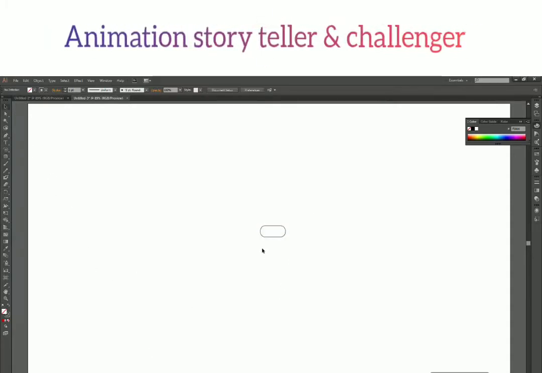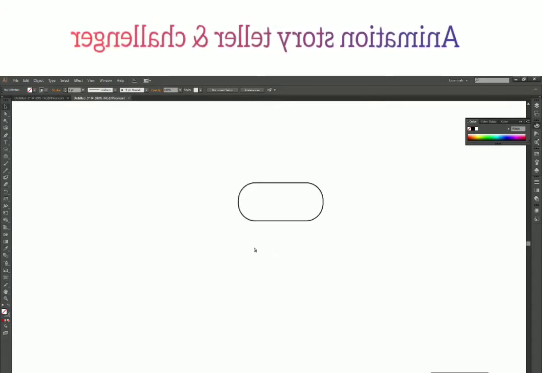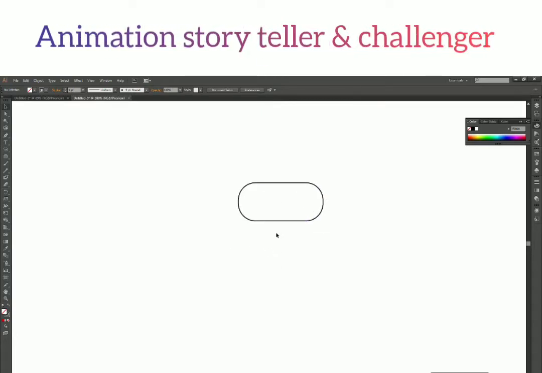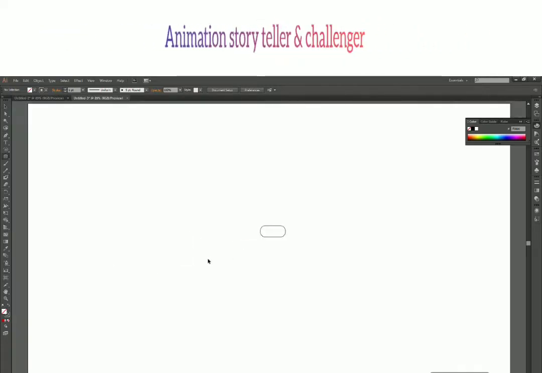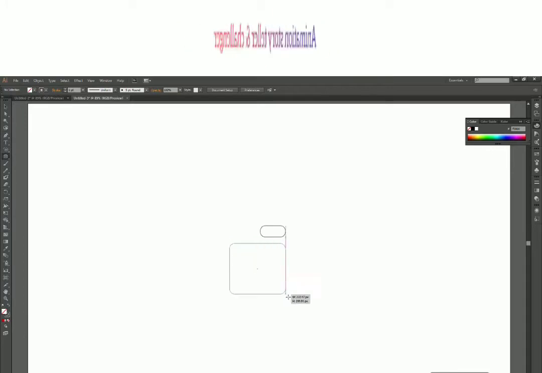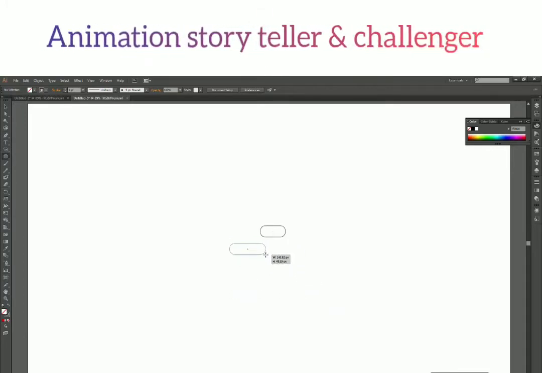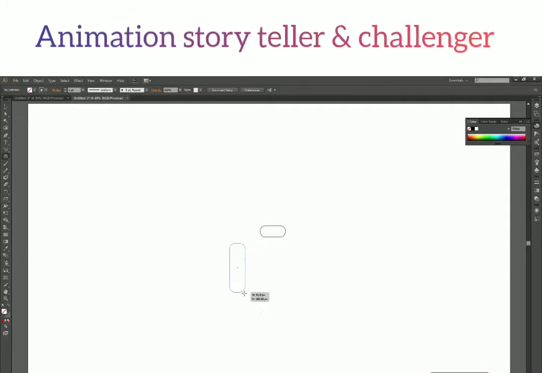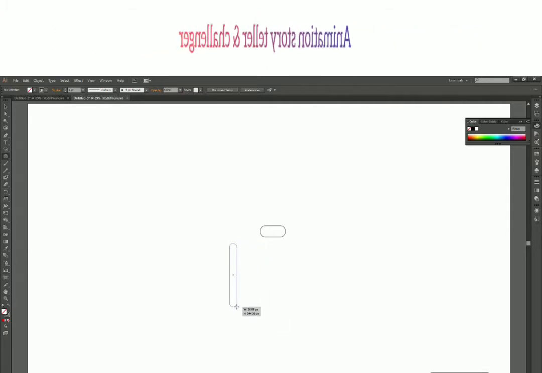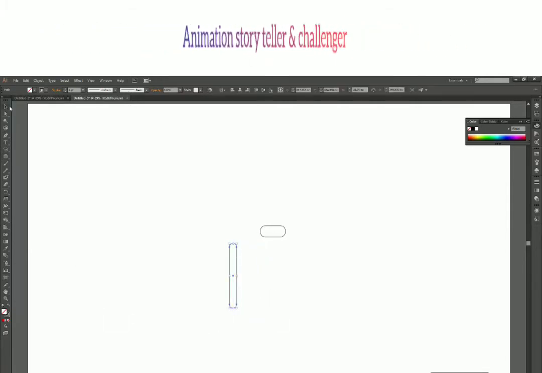Okay. Now it looks like a capsule because the corner radius value is too much compared to the size of the rectangle. So for a 20 pixel corner radius, if you want to see a rounded rectangle, then it should be at least this much so that you see all the sides. Otherwise, all you are going to get is a kind of capsule like this. Alright, so it totally depends on you what kind of design you want to create.